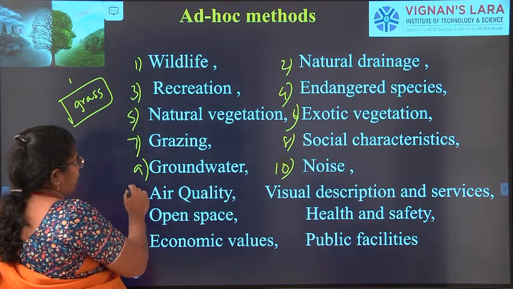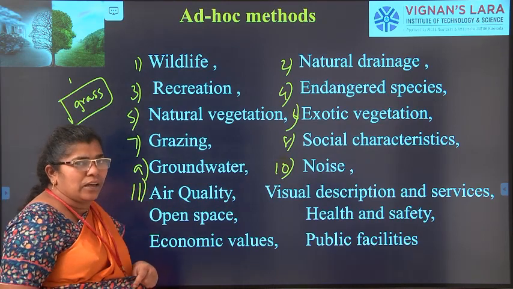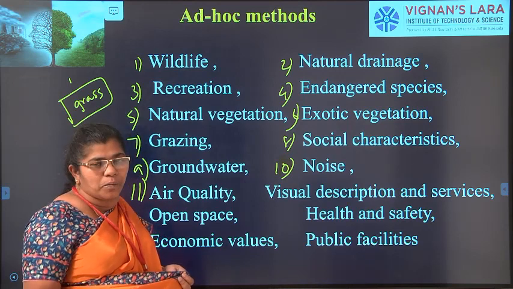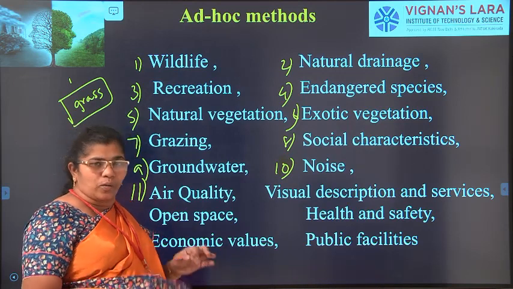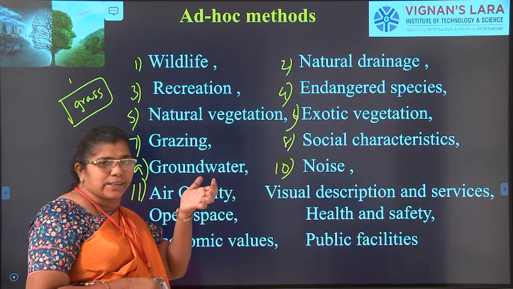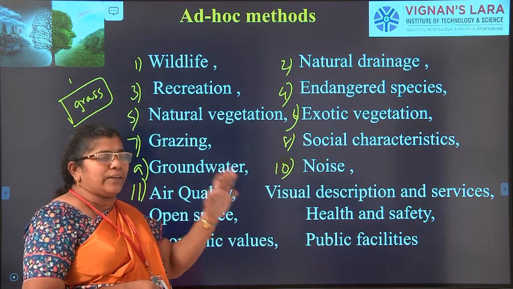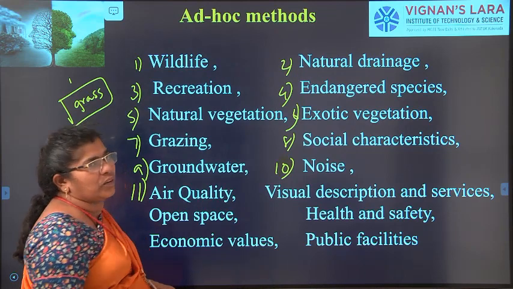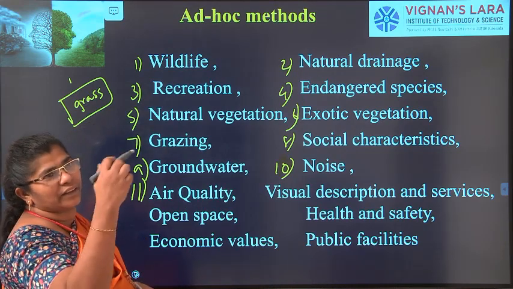So 11, the air quality. Generally they will tell what the qualities are. It is mainly sulfur dioxide, or carbon monoxide is affecting, or what the main pollutant is, how much the air quality index is affected that day. It will affect the air quality. Like that it will give a visual description. So mainly these are the things that can be affected.